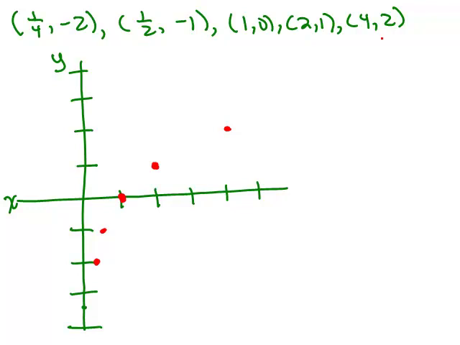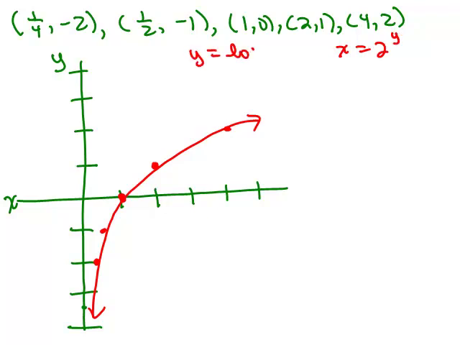Okay, here were the 5 ordered pairs. This is the graph, so we kind of get a picture of what's going on here. And remember, this was x equals 2 to the y, or y equals log base 2 of x was the original. All right, so in red, and what I said, that was the inverse of the function y equals 2 to the x,